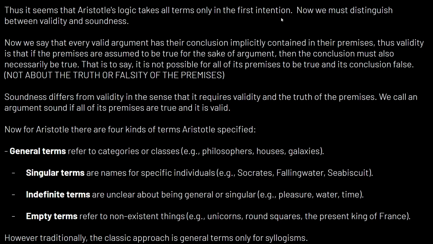But in the Organon, remember, the whole point of Aristotle's logic is to produce knowledge and demonstration. So Aristotle's method is scientific. It wants to produce new knowledge, produce knowledge of causes, right? Now, we say that